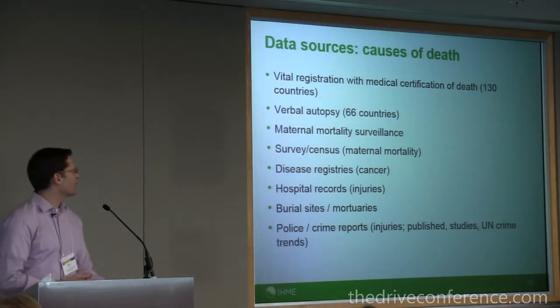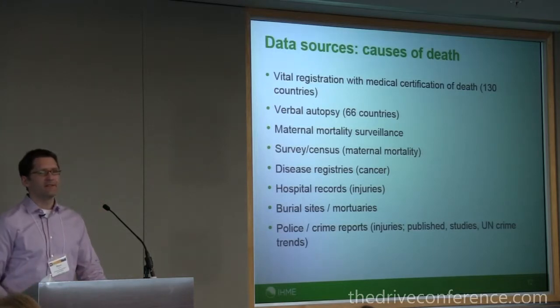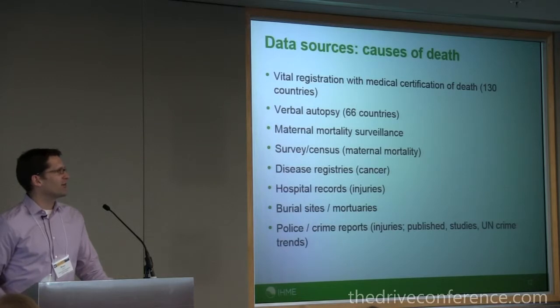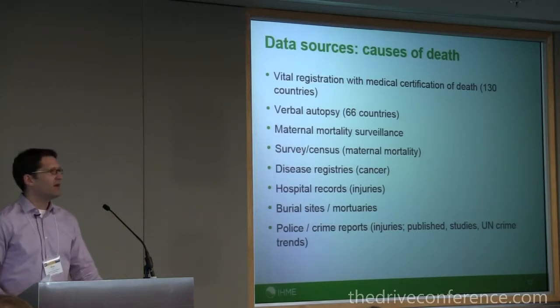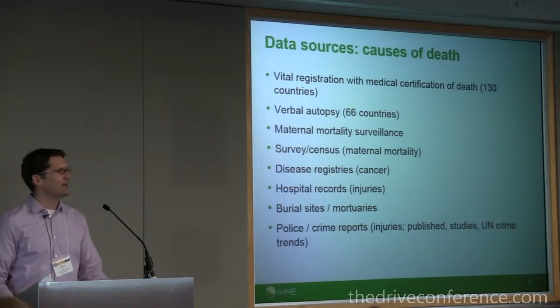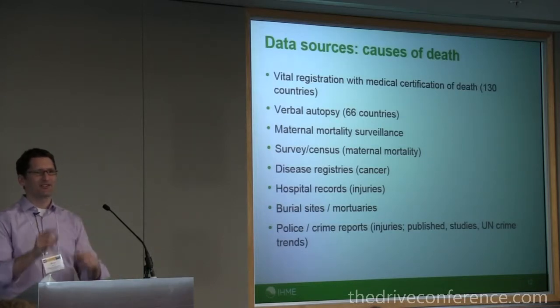And then police crime reports, again, for only specific diseases. So basically, whatever we can lay our hands on that will have information on mortality, we try to compile that. And if we have more than one source for a country in terms of that kind of information, it's ideal because then you can triangulate and see how those sources actually match up.